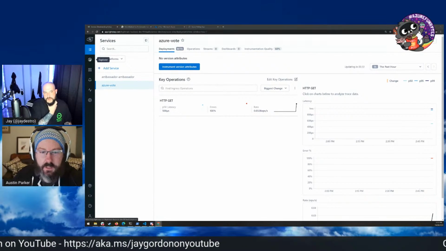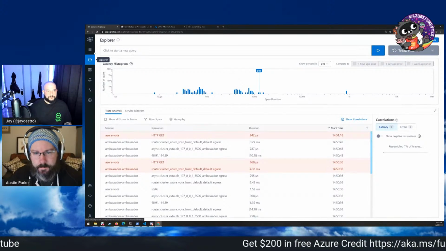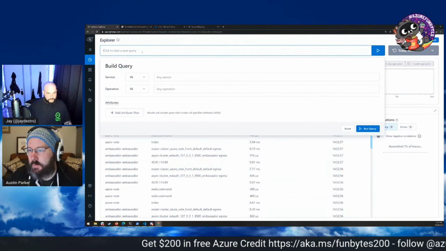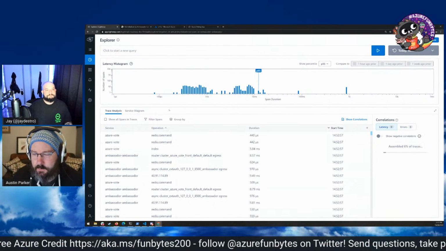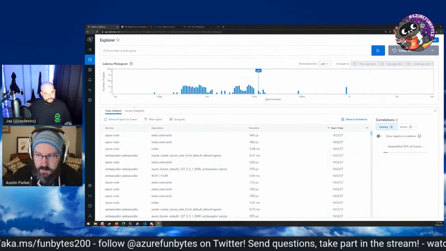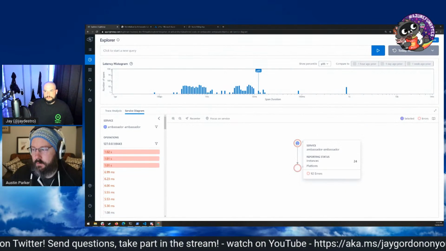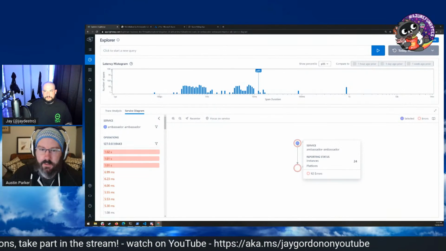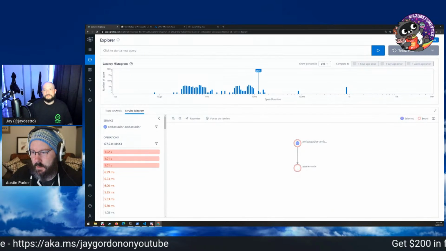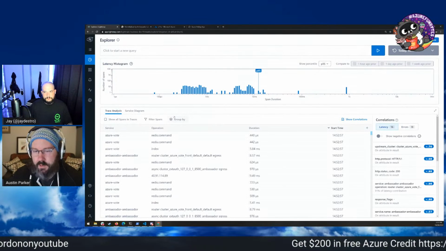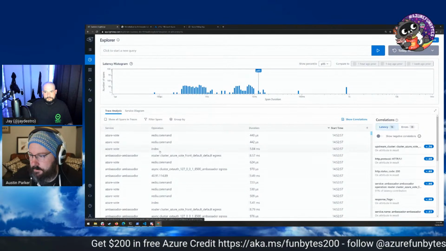So that's a great question though. Like how long are things taking? So let's go into our data explorer, right? Now, once I'm in here, I can start to query my data, I can start to ask questions. You'll see down at the bottom, we have all of these different traces. And you can also see the service diagram, which shows us the relationship between things. We have our ambassador service sending requests to our vote service. But let's start to narrow this down and look at what you were asking.